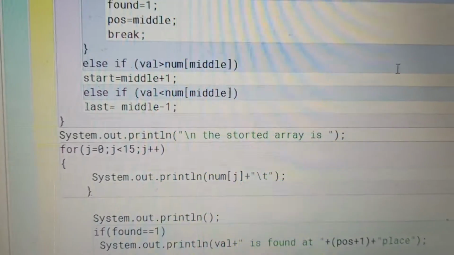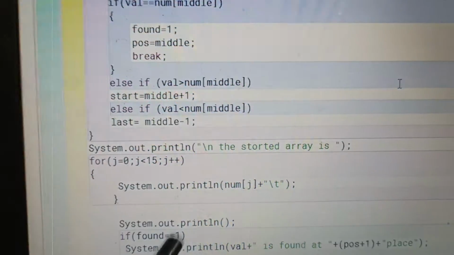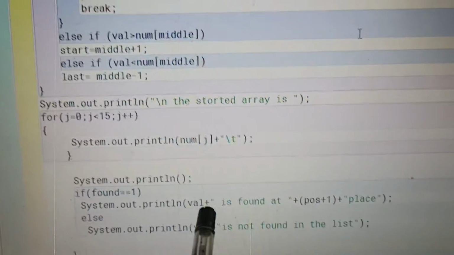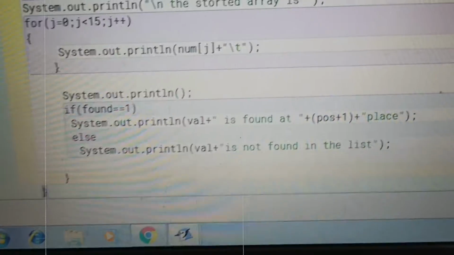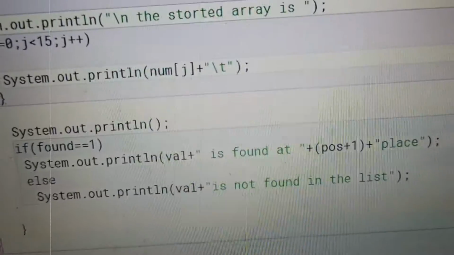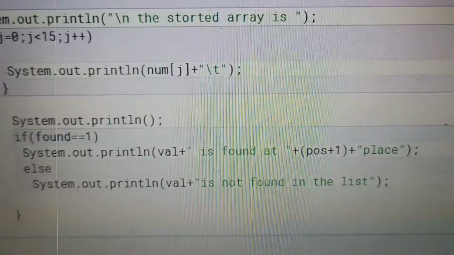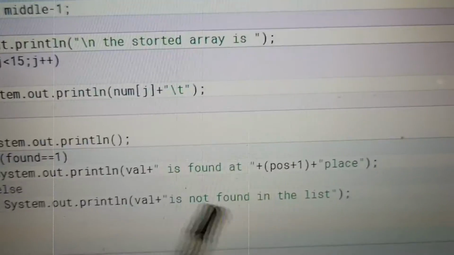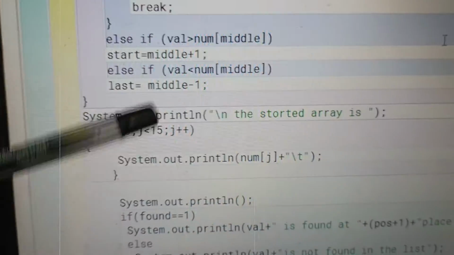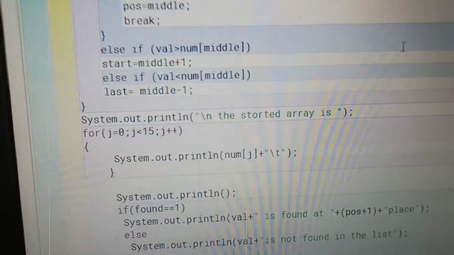If the searching element is found, then it will display that the particular variable is found in that particular place, meaning in that particular index number. Or if the searching element is not found, then it will display it is not found. So with this loop, it will display the array values.